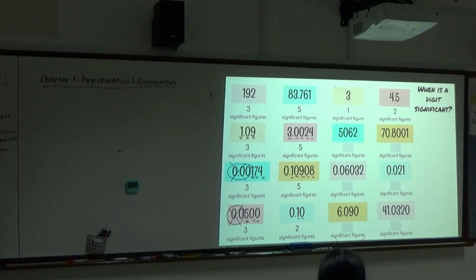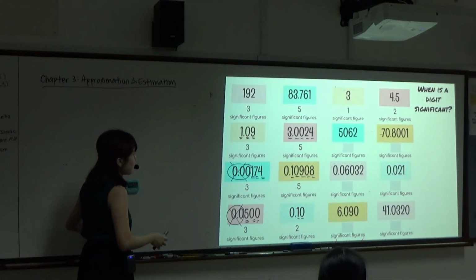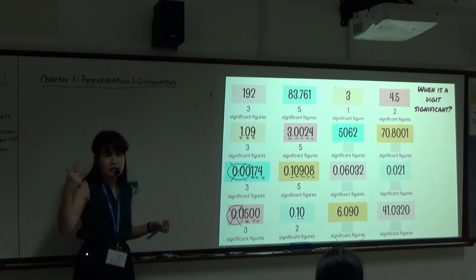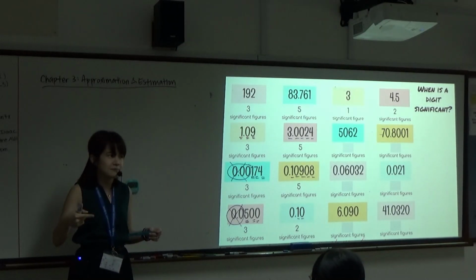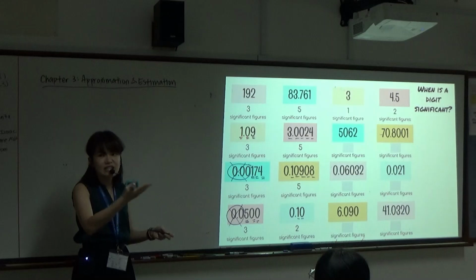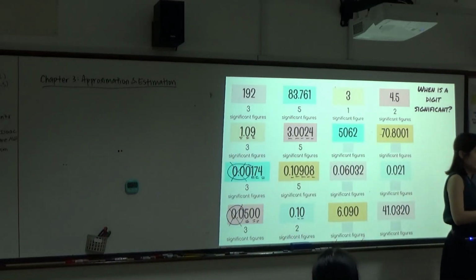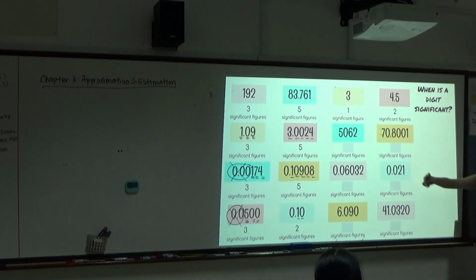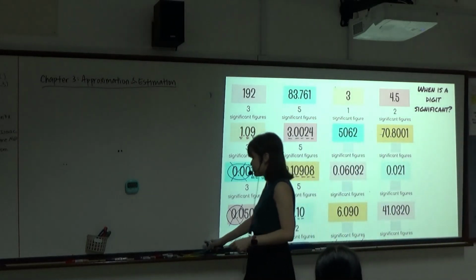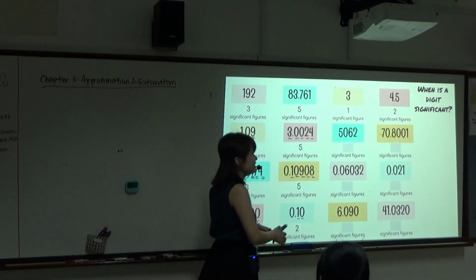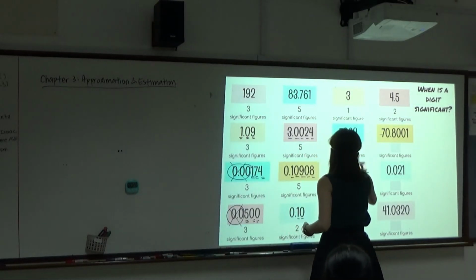Okay, how many significant figures are there for these numbers? I know your minds are all thinking about what's after this, right? I see your eyes looking at the clock, but too bad, it's still my time. On here, 5,062. How many significant figures are there? 4. Great. Okay. Next one,